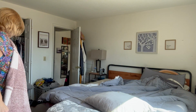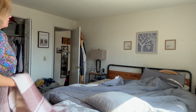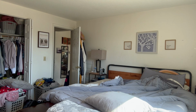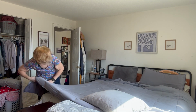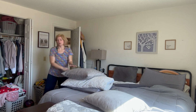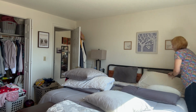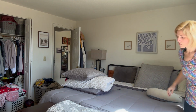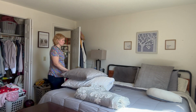I don't know if you know yet what's going on, and I'm dying to tell you. This is post me having some breakfast. I warmed up some of what we had for dinner the night before, which was plant-based meat burrito bowls. They were so good, so I just heated some up and put some guacamole on top. It was delicious. And obviously tackling my bedroom, I'm taking care of the bed, making it, and then I'm going